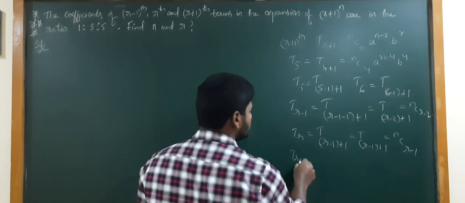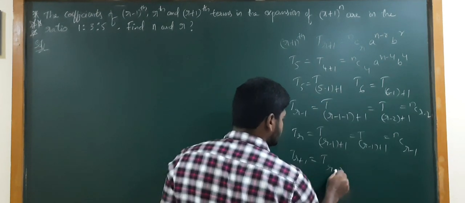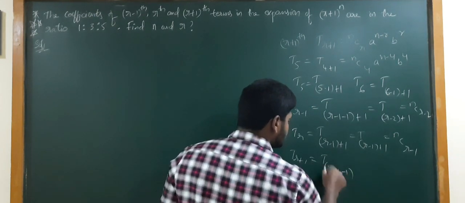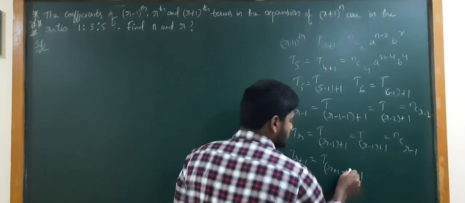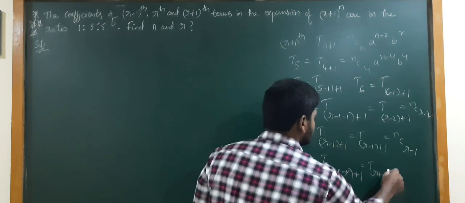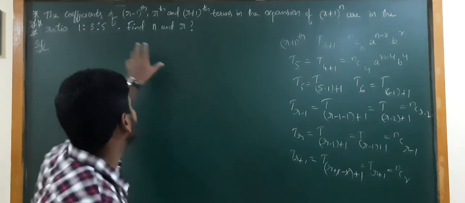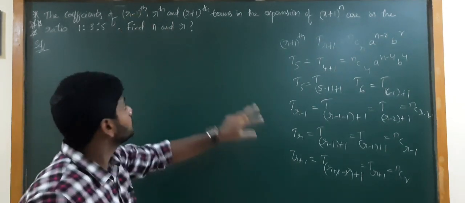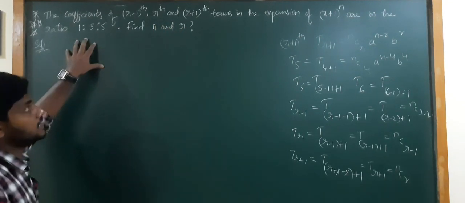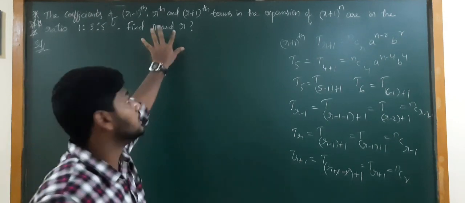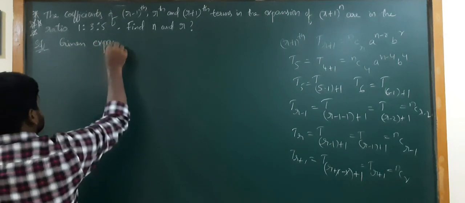To find T(r plus 1), it will become T(r plus 1 minus 1 plus 1). For that we will do minus 1 and again plus 1. So minus 1 plus 1 cancel, again it will become T(r plus 1), which is equal to nCr. Now based on this concept we will write the r minus 1th term, rth and r plus 1th term. After that, by using this ratio we will equate and we need to find the n value and r value. See here, the given expansion is